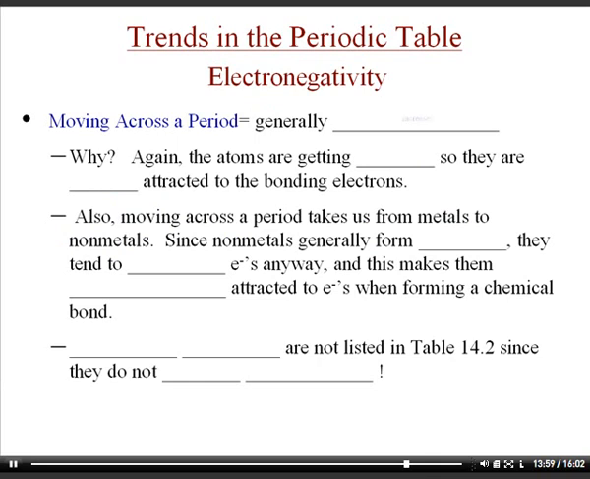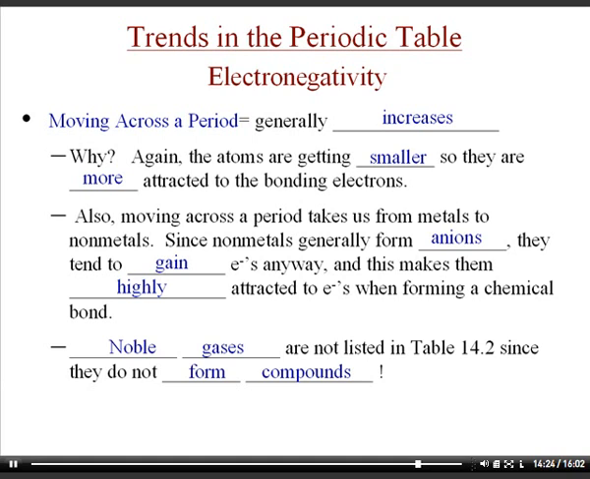As you go across the periodic table, it's generally going to increase. Again, it's going to go to the highest value, which is fluorine, and the atoms are getting smaller, so they're more attracted to those bonding electrons. And as you go across the periodic table, you're going from metals to nonmetals, and nonmetals typically want to gain electrons anyway and form anions, so they're going to be highly attracted to the electrons when they're trying to make that chemical bond. And you don't have to worry about the noble gases because they don't make compounds. We're not going to worry about that in first year chemistry. So fluorine is the biggest electronegativity at the top right corner, and francium is the smallest electronegativity at the bottom